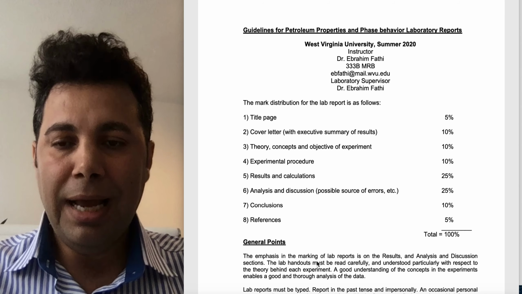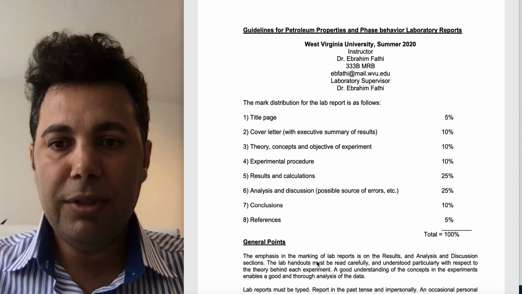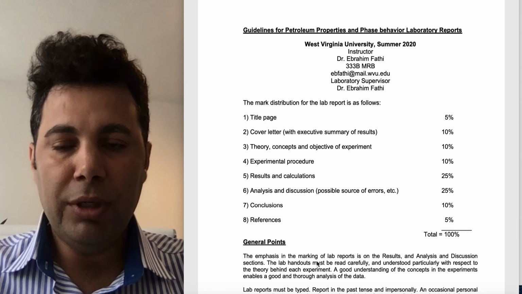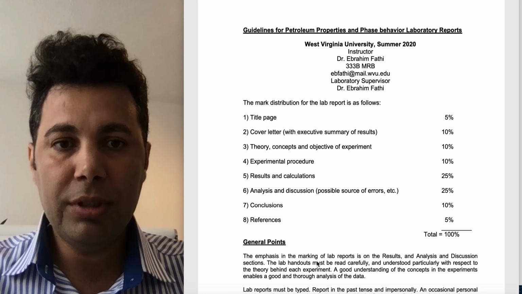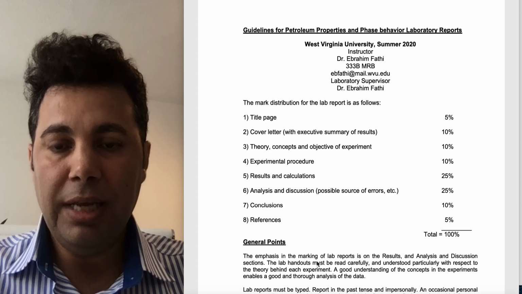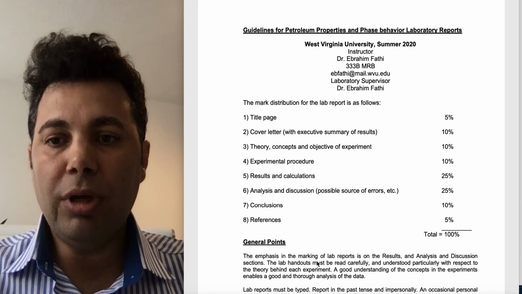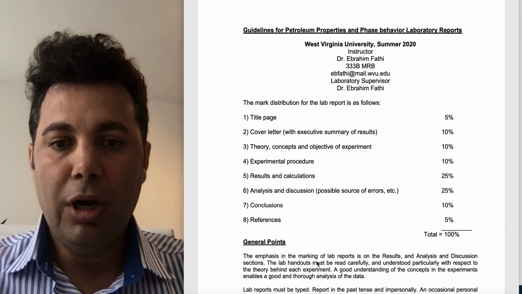We have our lab number 1 for PNG 332. Because of the situation that we are in, I decided to include 3 labs for your course, and all the labs will be performed by using the PVT Lab simulator. And since you guys don't have access to the PVT Lab simulator, what I'm going to do, I'm going to perform